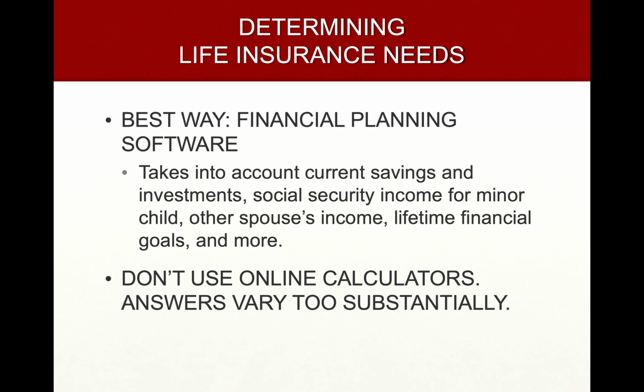And you have to consider the other spouse's income, whether that income might go up or more likely down if one spouse dies, because they may not be able to work as much. And of course, consider all their lifetime goals and the like. There's really no really good way. There's a lot of different ways of determining life insurance need, and we have a course here on risk management and life insurance where you go through those different needs, different types of analysis.